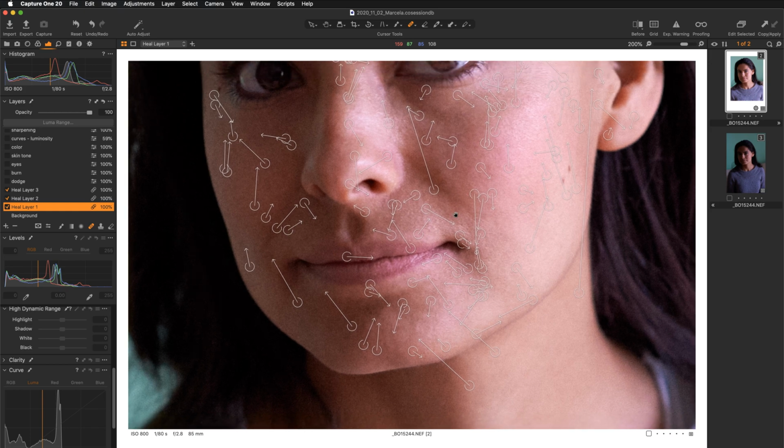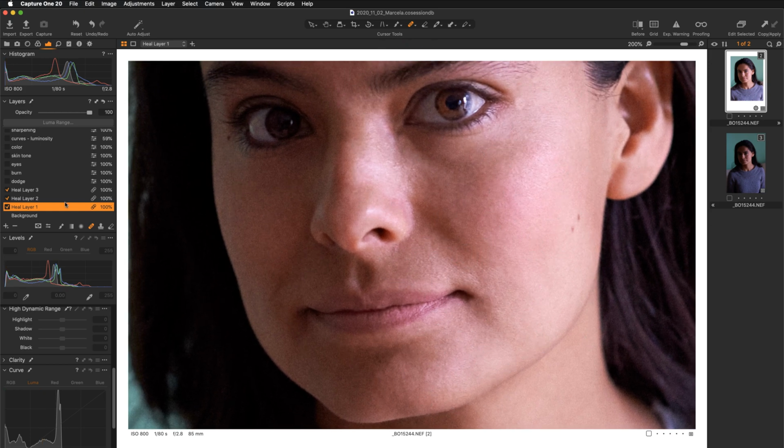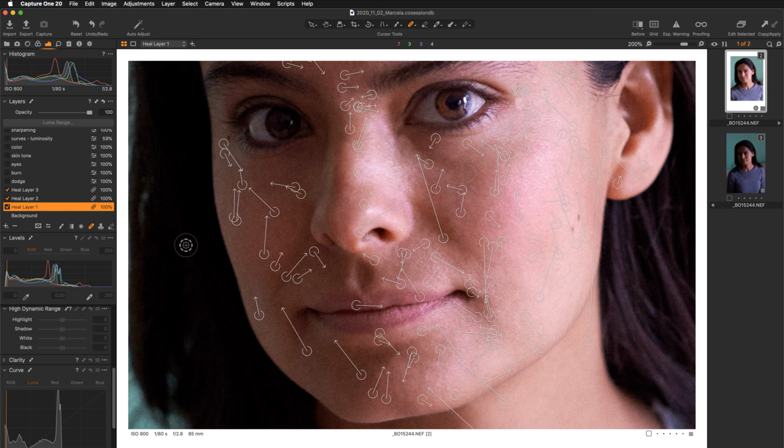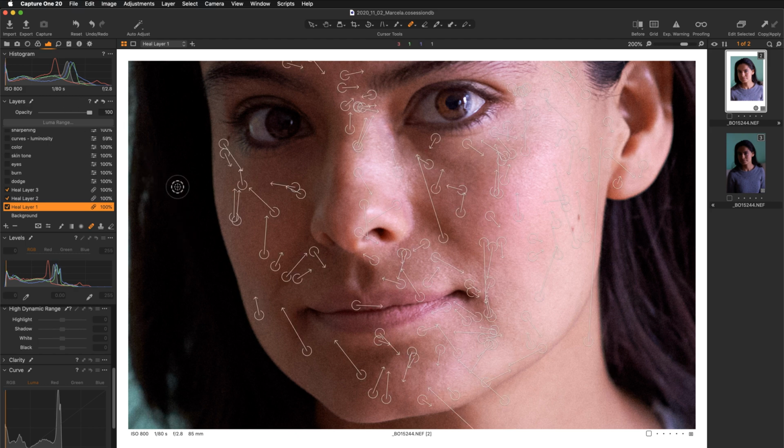So to maintain control and to have the flexibility, typically I would add just another heal layer and continue working over there. There is a limit when it comes to the amount of layers that you can have in Capture One in the layers editor. However, when it comes to the healing of my portraits, I don't skip on creating new layers